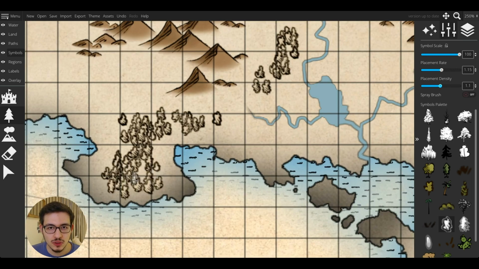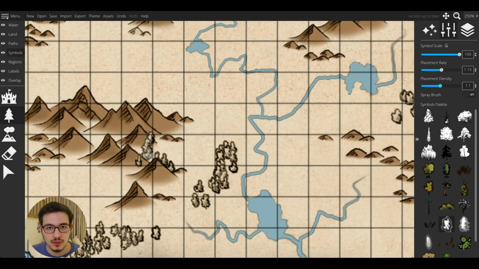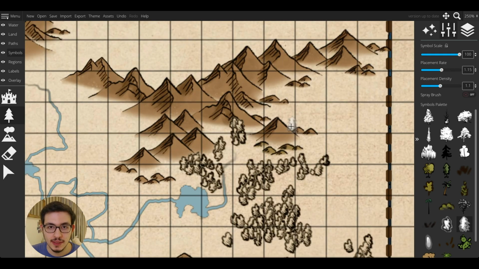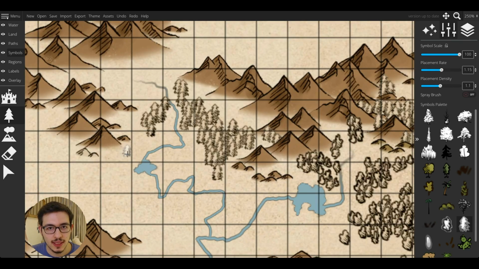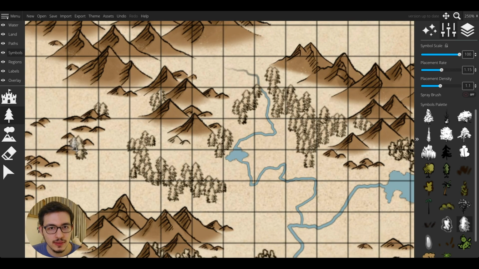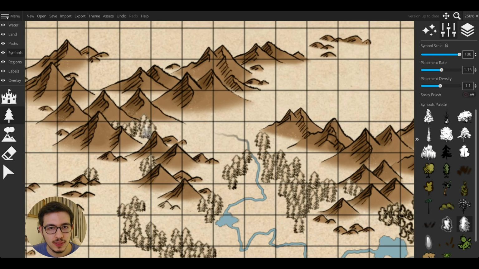I'm adding a bit more trees here and there, and let's also add some here on the mountains. Let's add, and also let's use the pines. I am quite a big fan of these guys because I like the minimalism that they have, even though they look a bit not clear. We just added some pines here and there, on the mountains, around the hills, to get some natural look.